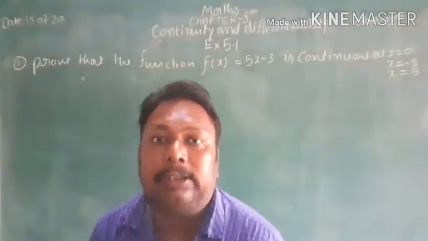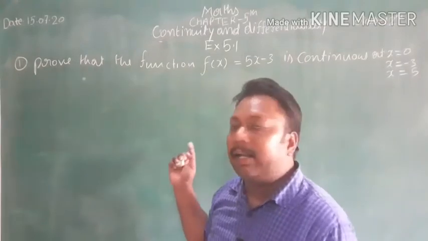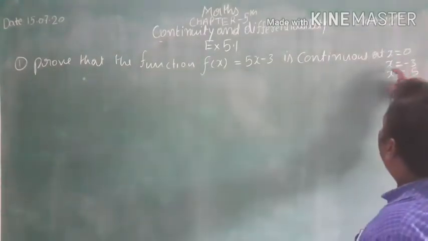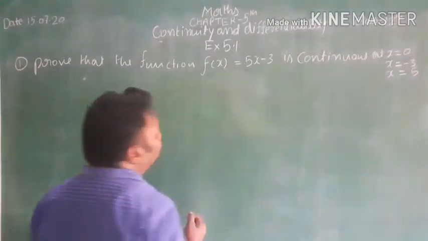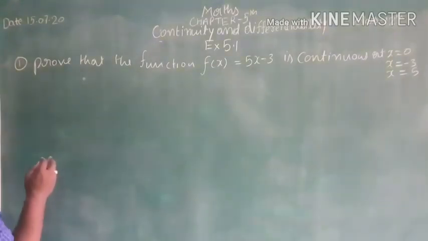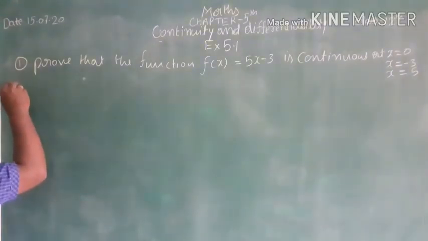We prove this function is continuous at three points: x equal to 0, x equal to minus 3 and x equal to 5. For proving this, we write